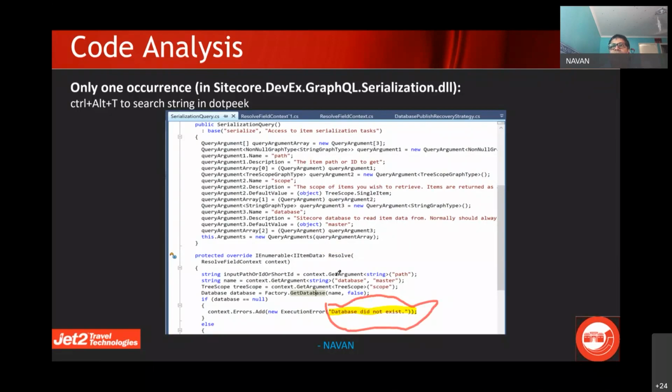Connection string.config is actually the place where you have the database list. Okay, that's a good one. But the other one, what I am trying to ask is, I'm not talking about the actual database connection strings, but the list of databases. So when you say factory.GetDatabase, it goes to, let's go to the next slide.